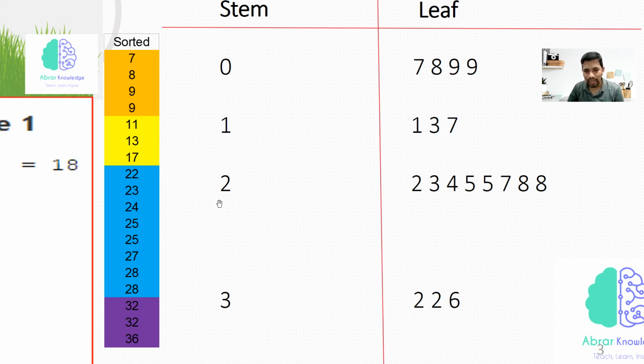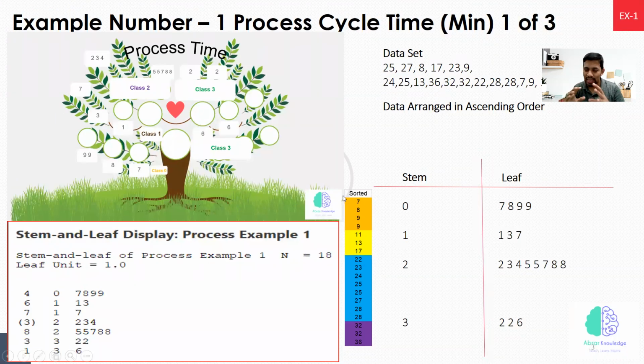So take the example of stem 2. Large data we have in 2, right? 2, 2 and 2, 3, we have 4, we have 5. I think the 5 is coming up 2 times. 7, 8 and so on. The 8 is coming up 2 times. So 3, again 32, another 32, and 6 we have. So this is how stem and leaf is connected. When you talk about this value 22, the stem is 2, the leaf is 2, so the key value is 22.